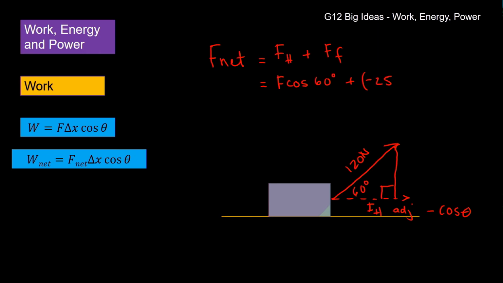So the box is moving this way under the influence of this applied force, or the horizontal component of the applied force. What's happening? Frictional force is moving in the opposite direction, and so I need to place this as minus 25 newtons. What is the applied force? It's 120 cos of 60 degrees minus 25. And my answer, I'm not going to show you on the calculator because we have a time issue, but I have calculated it as 35 Newton. So that is my net force.